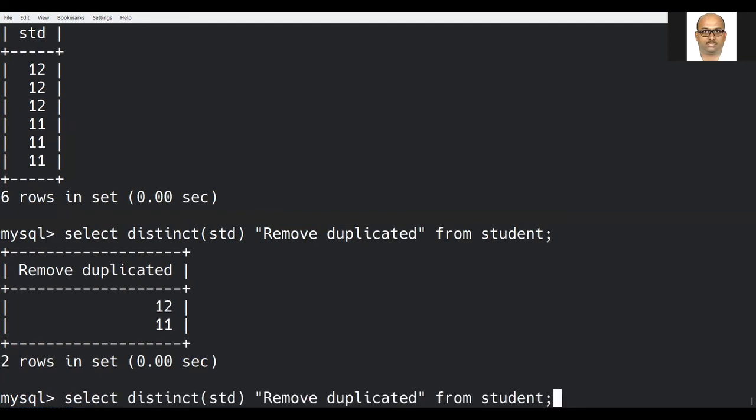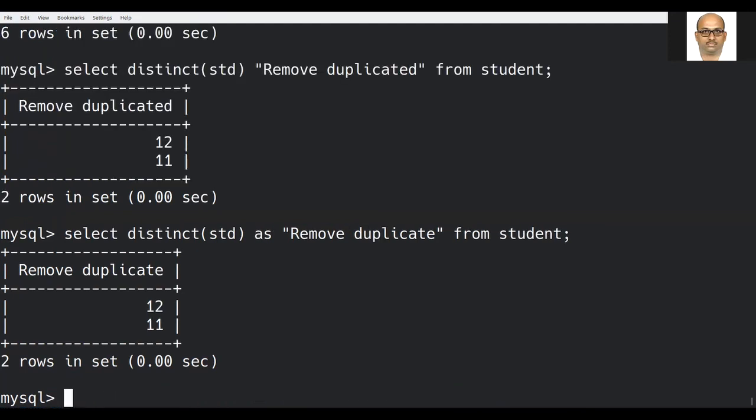This is one type, whereas the other type is using AS, remove duplicate for example. See, I can select the particular column. Here I am selecting distinct standard as remove duplicate.